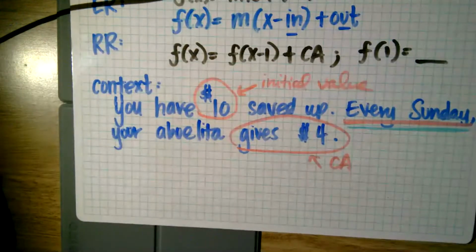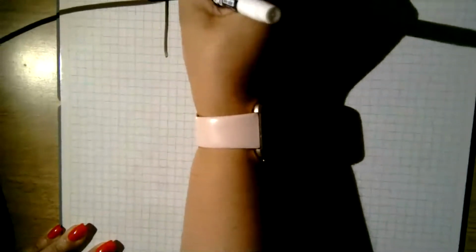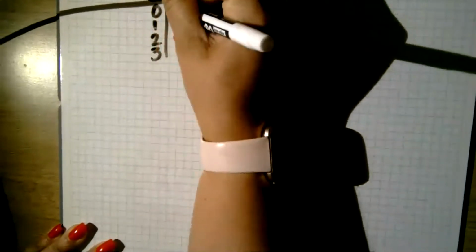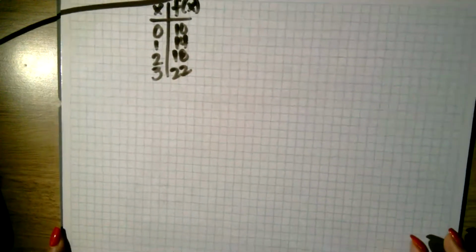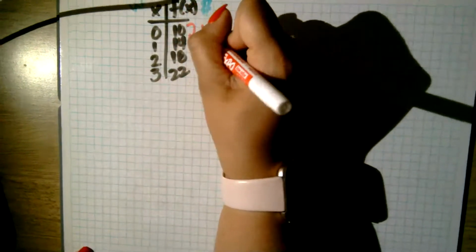So I'm going to go ahead and bring that up. I have a constant additive of 4. Okay. So f of x started with 10, then 14, then 18, then 22. And I recognize that this was my weeks and this was money. I do recognize that I have a constant additive of